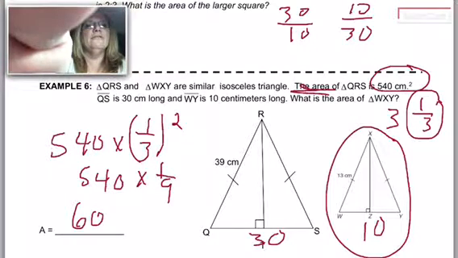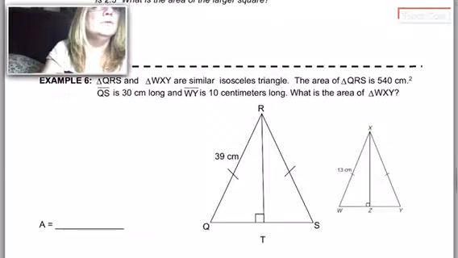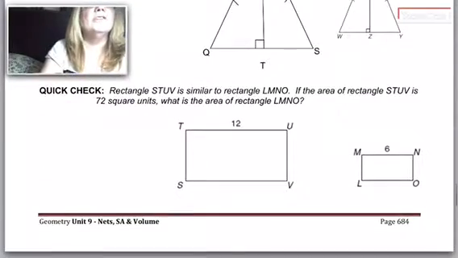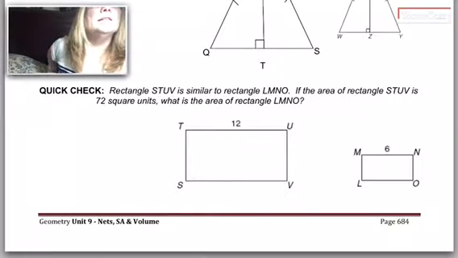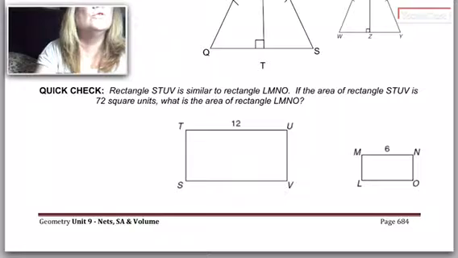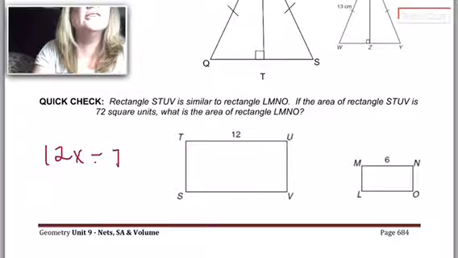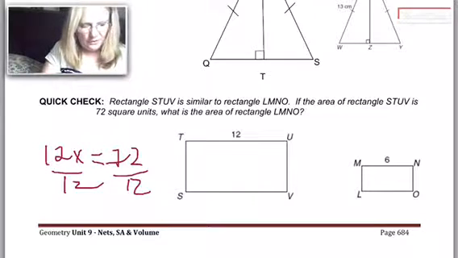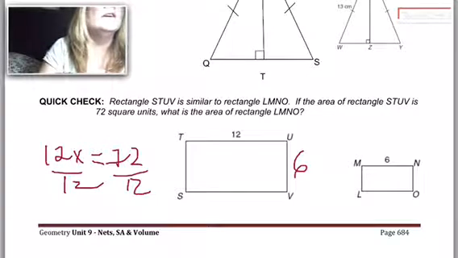Let's see, I have just a little time left. Let me see what we have left to do. We only have one problem. Let's see if we can finish it. A rectangle has an area of 72. The rectangle STUV has 72 square units. So 12 times what is equal to 72? So it's just division. And 72 divided by 12 is 6. So that means that this has to be 6. What is the area of the other one? So